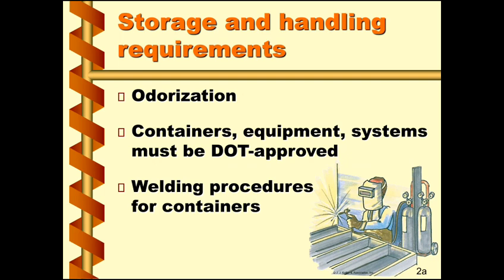How to handle and store it? One is odorization. We know that along with the LPG, methyl mercaptan is used as a smelling agent. In case of any leakage in the gas pipes, we will immediately come to know that there is a leakage in the gas. LPG is odorless, but the smelling agent called methyl mercaptan is added along with it in order to give a leakage-smelling essence. For that purpose, we add some smelling agent. So odorization should be given for detecting leakage.